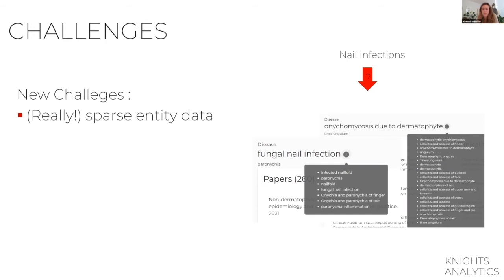We had to develop a number of natural language processing models which allow us to extract different entity types that we hadn't really dealt with before. Diseases being one of them. You can see in this simple example how definitions can get quite complicated quickly. Here we have a display of the names of some nail infections. If someone's interested in this market, there are multiple different names they could use. This really highlights why, as a person, it can be particularly difficult to get a complete view of everything, because you might have to enter 20 different search terms under an umbrella in order to pull back all the relevant